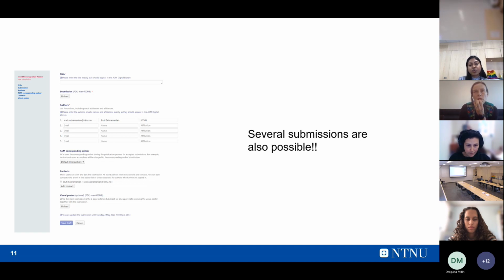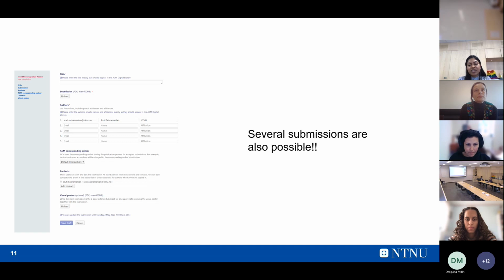As I previously mentioned, we don't have any proceedings, so this will not be published in the ACM digital library. So please don't be confused by what's mentioned there. Basically you type in all the details here and attach the final PDF of your abstract.